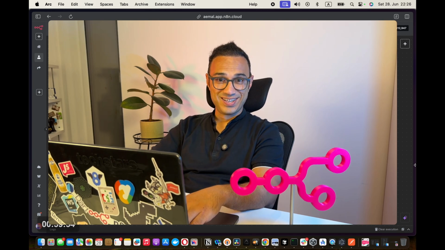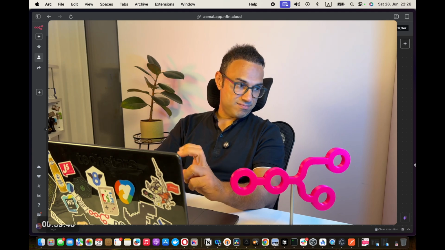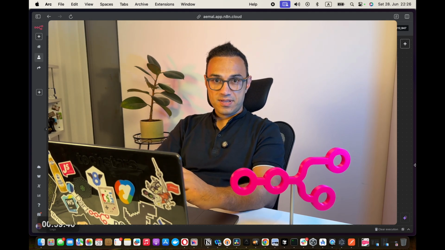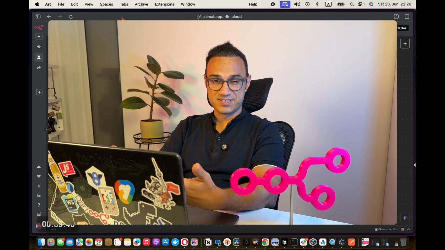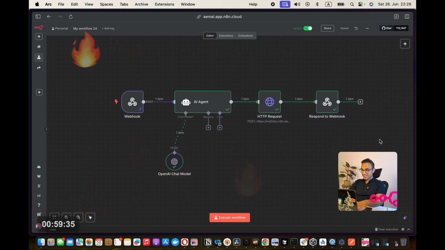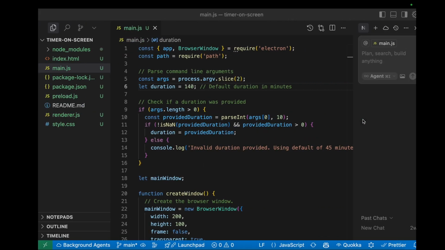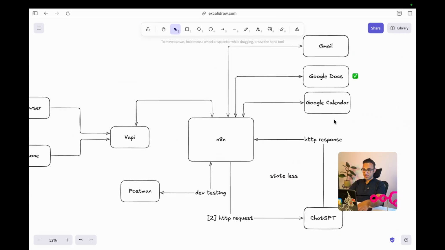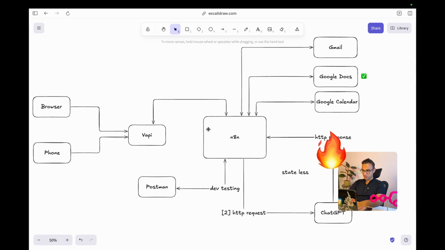This is so cool, especially having this Samantha Vapi AI agent sitting behind a phone number, and having the phone number in my phone and asking Siri to call this phone number. I'm actually doing this, and I'm actually doing it hands-free. So it's amazing. What we can build today with no code, low code is absolutely amazing. So we just finished Google Docs. We went through this particular route and we finished it.